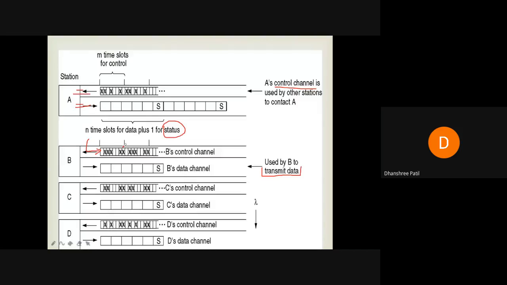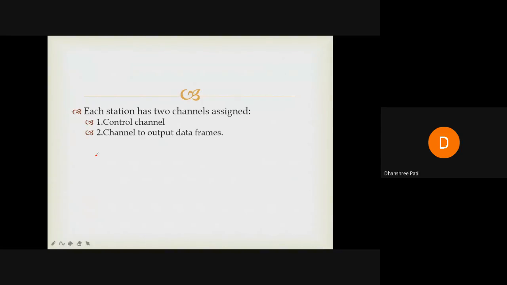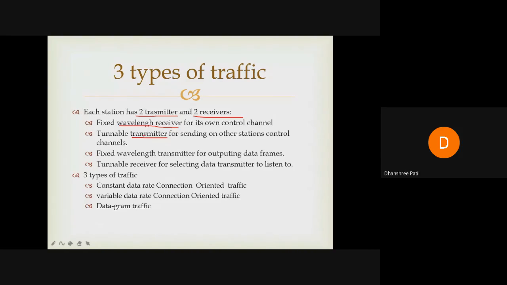मीन्स हिअर सपोज मगाशी जे सांगितलं आपण एक्झाम्पल, ए ला बी शी कम्युनिकेट करायचं आहे, तर ए काय करतो, कनेक्शन एस्टॅब्लिश करतो बी च्या कंट्रोल चॅनेल मध्ये. सो टू एस्टॅब्लिश दिस कनेक्शन रिक्वेस्ट इन अदर स्टेशन्स कंट्रोल चॅनेल, द सेकंड ट्रान्समीटर इज used. Okay, and that is the tunable transmitter for sending on other stations' control channel.